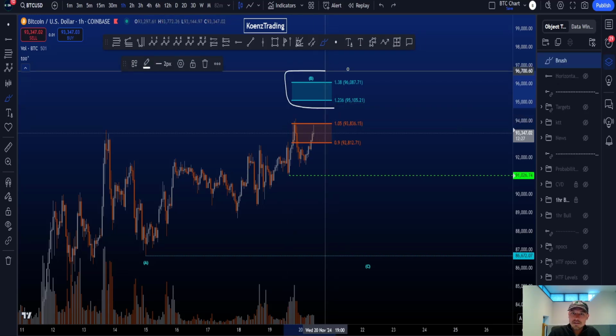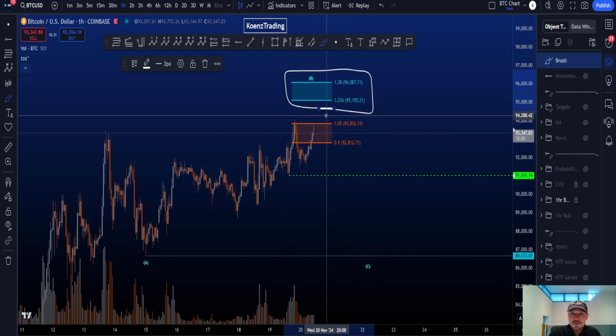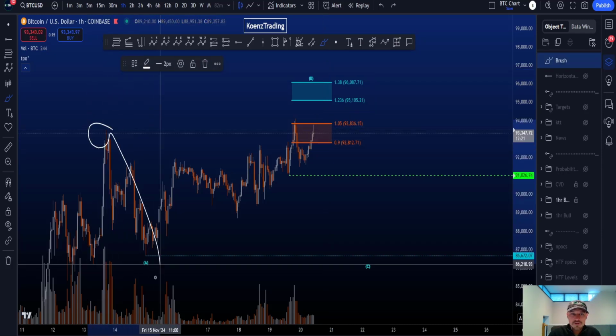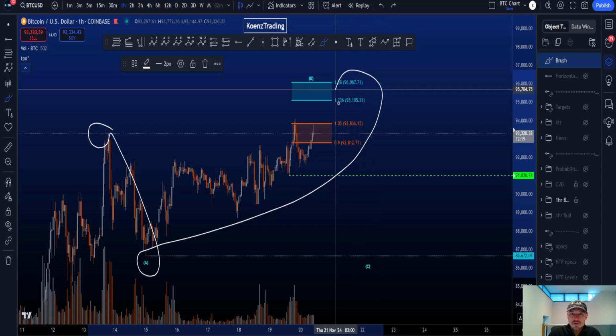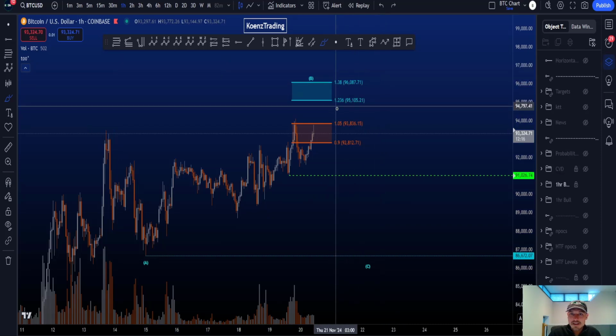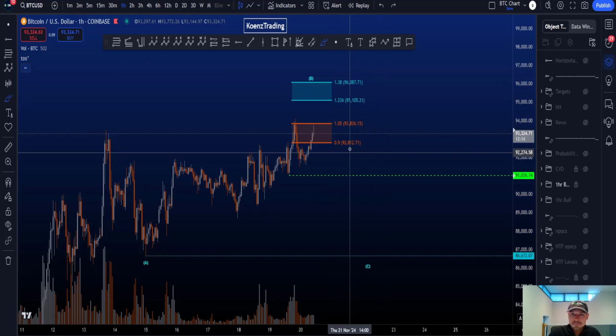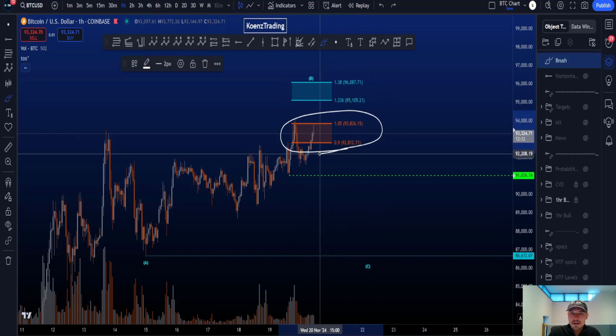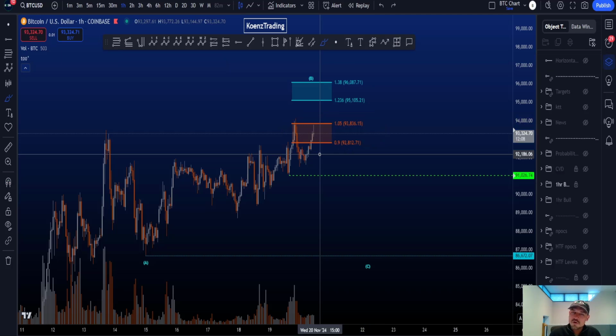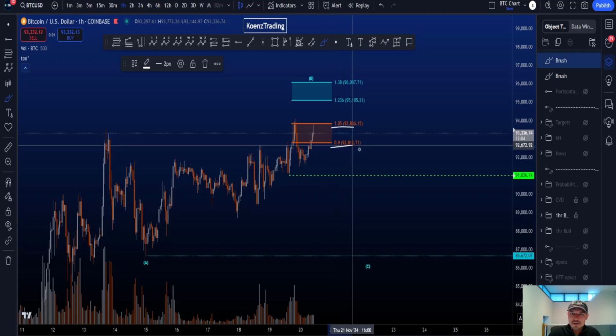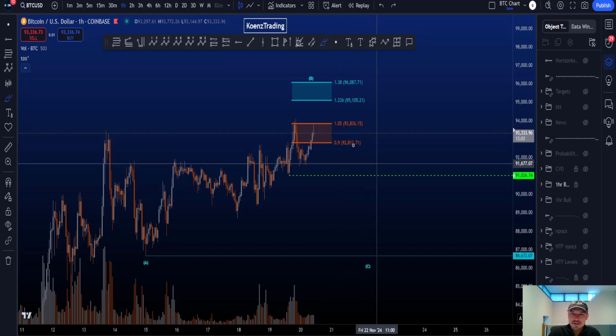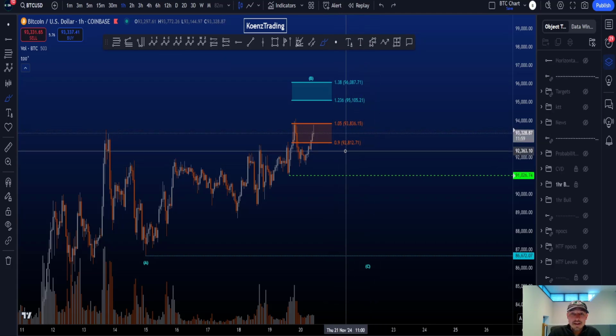expanding flat is the blue box here, the 1.236 to the 1.38 Fibonacci taken from the start to the end of A, giving you a target between 96k and 95.1k. This orange box here is the common target for a regular flat, and a regular flat is less common than an expanding flat. Now this target is the 105 to the 0.9, 93.8k to 92.8k, and that is where we